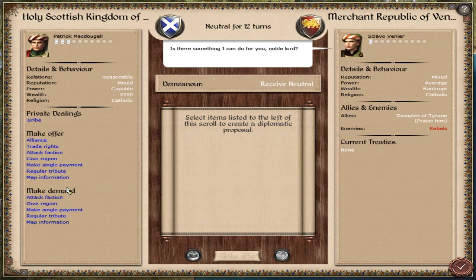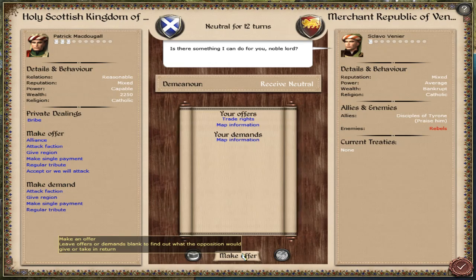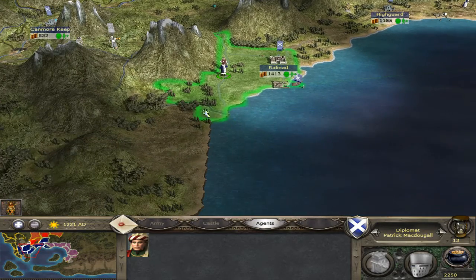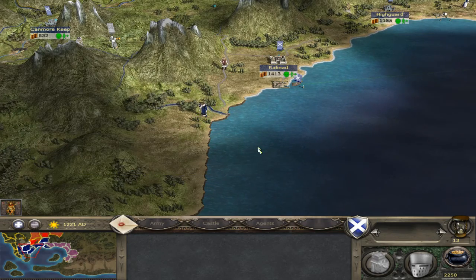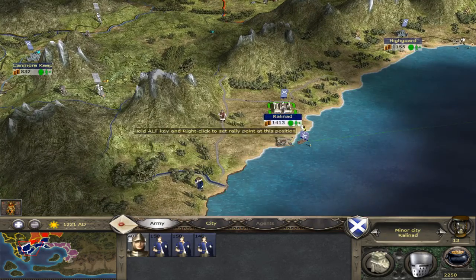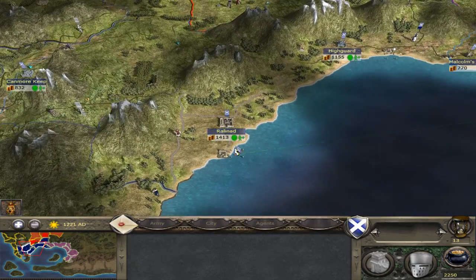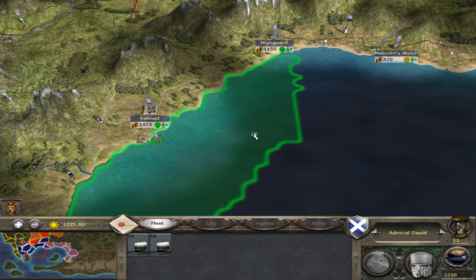We're going to go map information, trade rights. His wealth is bankrupt, so he doesn't have any money to give us. He wouldn't be willing to give us any money, so I think we'll just have to make that demand as is. There we go. And we'll keep moving you down this way, because the Spanish, I think, are over here. Okay, so we made that demand to them, and we're going to put these ships actually